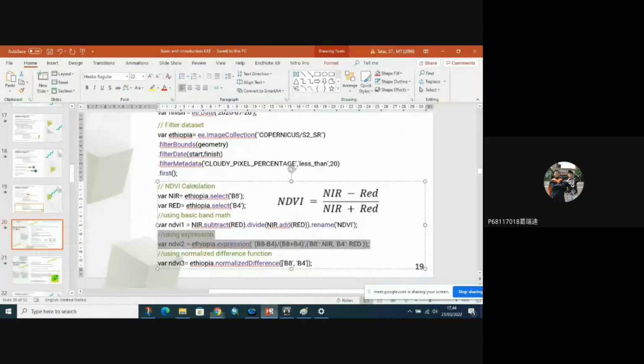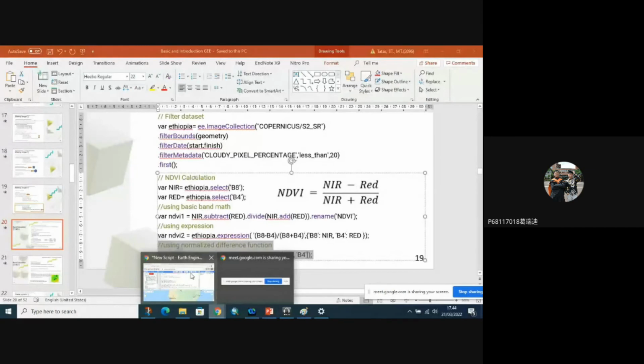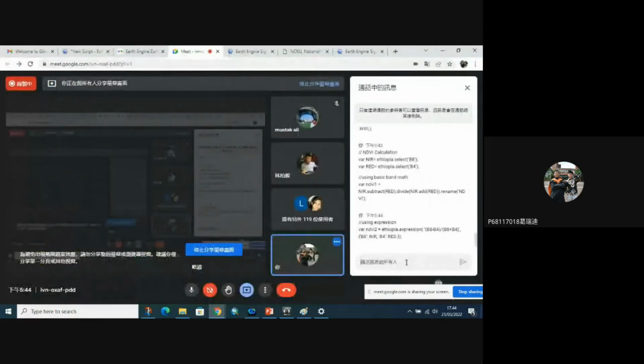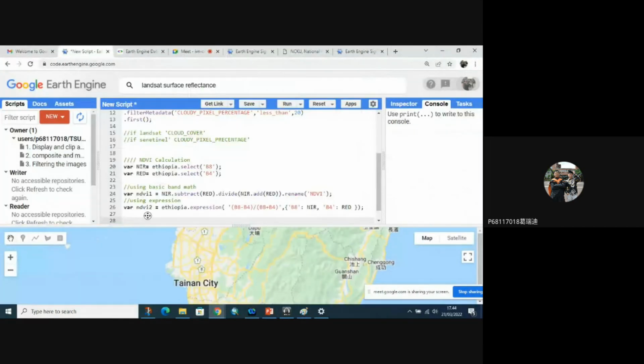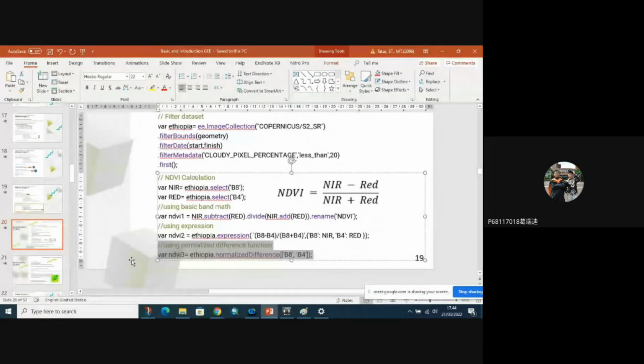And the third way is to use the normalized difference function. Yeah, this is how to calculate the NDVI with 3 functions.